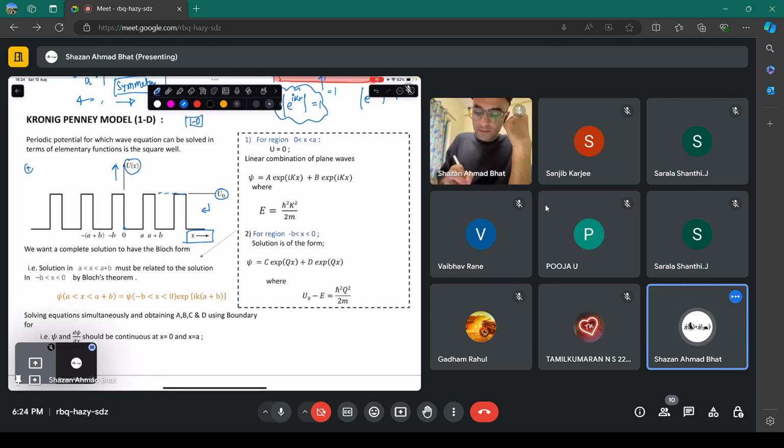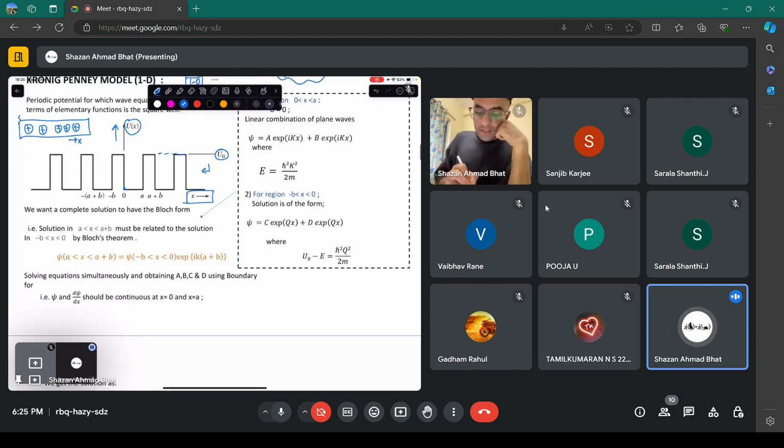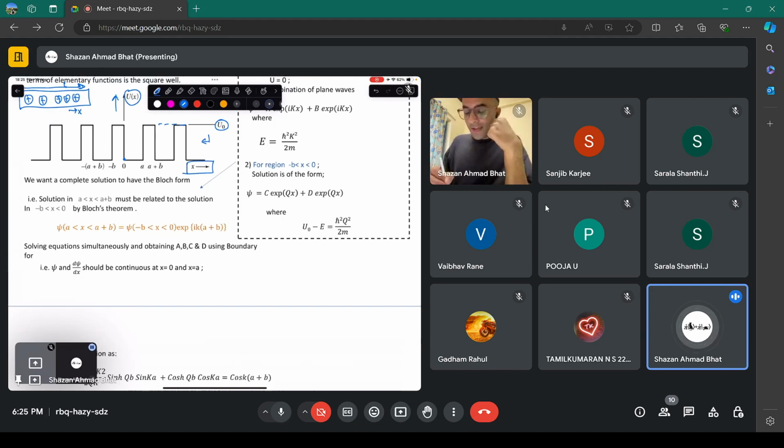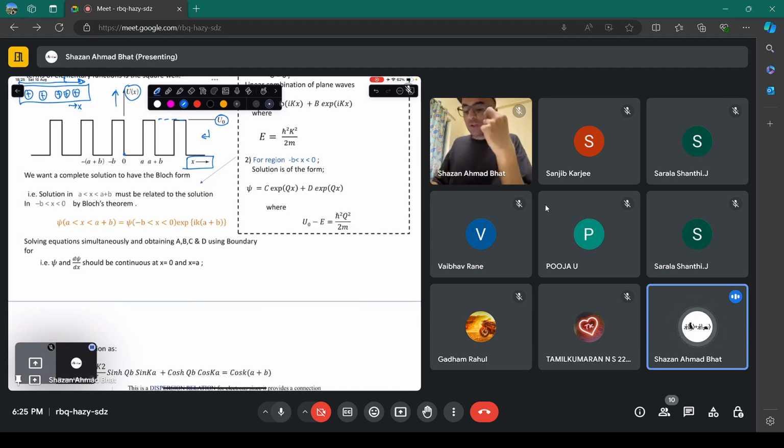That means you have a 1D crystal like this, and this is the x direction. Let's consider the length of the crystal to be L. Now this problem can be solved by again considering the Schrodinger equation at each of the potential wells. You might be thinking: do we have to solve the Schrodinger equation in all these regions? If the crystal goes from minus infinity to plus infinity, then we would have to solve an infinite number of Schrodinger equations. But the problem gets simplified because of the Bloch